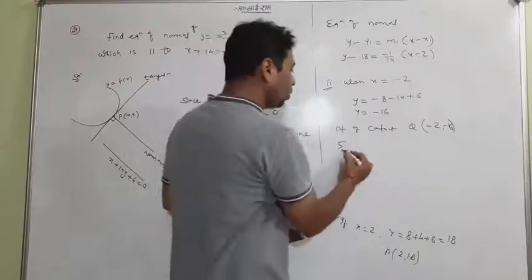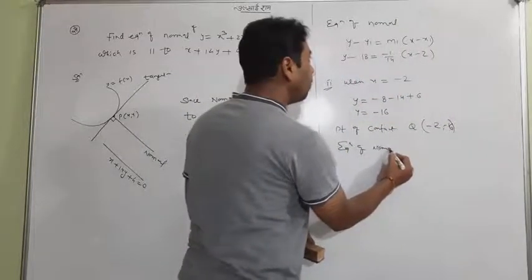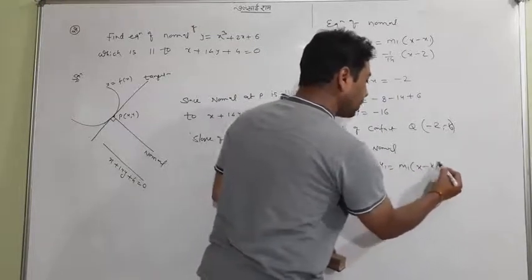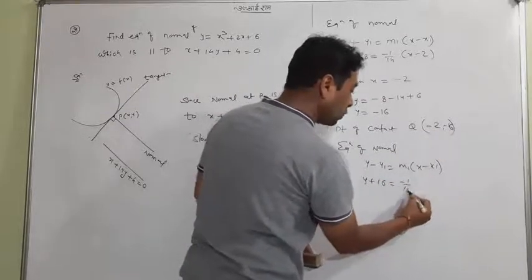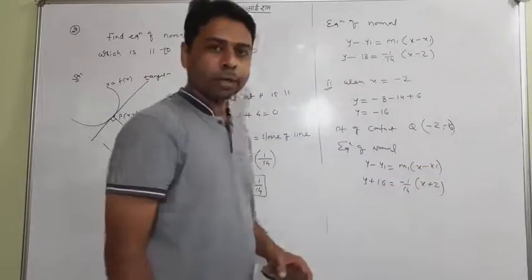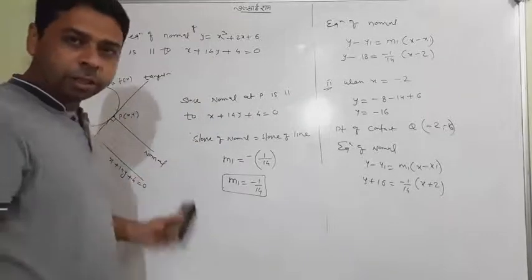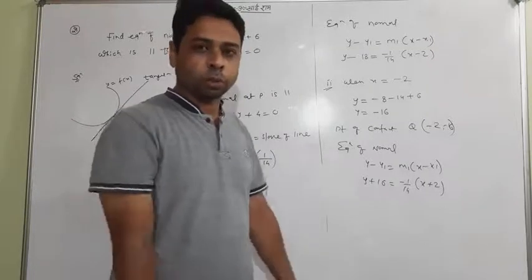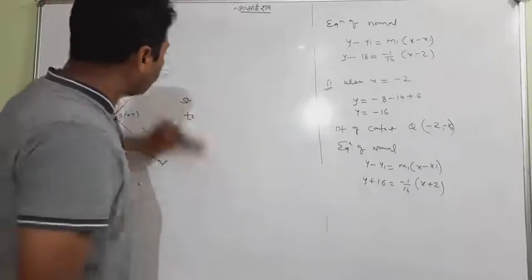And again the equation of the normal, rub it all now. Again the equation of the normal, the second normal, is y minus y1 equal to m(x minus x1). This time y1 is -16, m is the same, and x plus 2. This time this is the point through which the normal was passing. If you go on a picture, you will see one condition, but it is not a complete condition. After finding two points of contact, we have to find two normals. So this was a question. Hope you have got it till now. The questions are a bit long, but not hard.